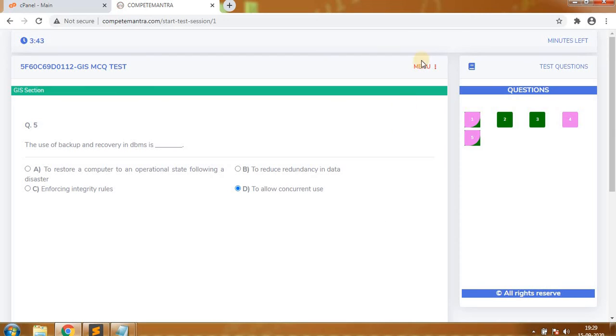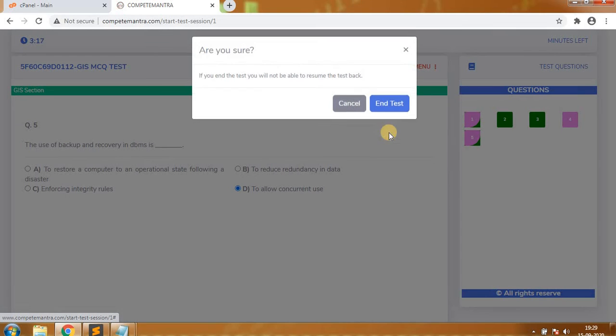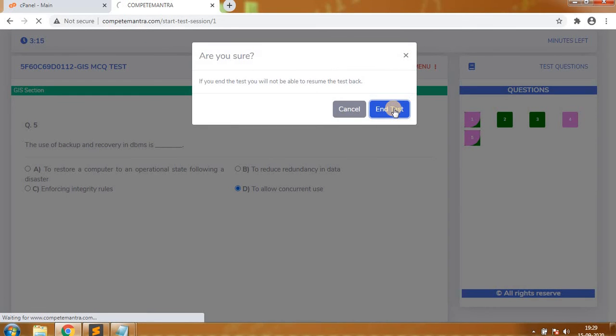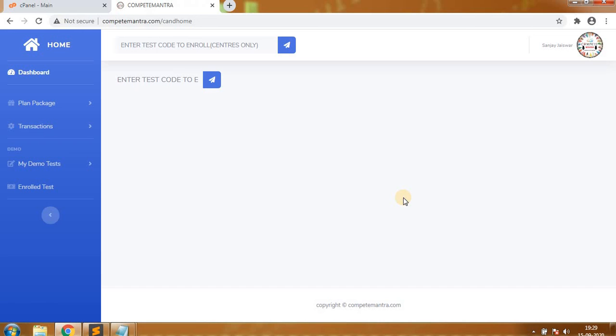So what he can do is go to this menu tab, which is a very important tab. You can maximize it, go full screen, or resume the screen. Then End Test. End Test means he can end the test and cannot go back to it again. So if you want to end the test, he can end it, or after 5 minutes it will automatically be auto-submitted. It will just ask for confirmation, and the test is over.